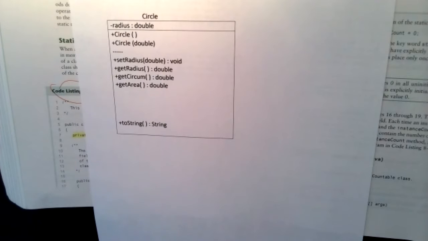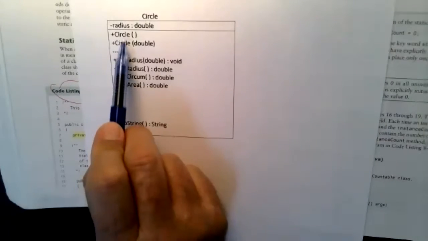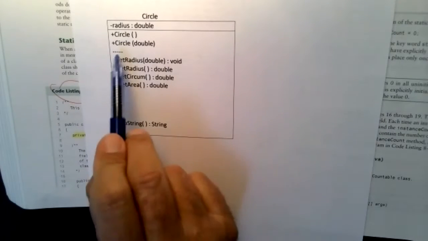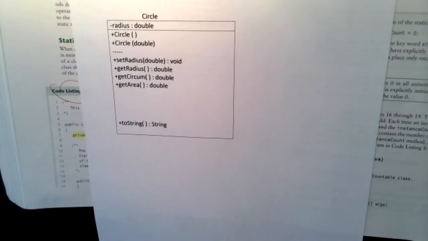But it's private, private. Good. What do the pluses represent? Public, public. What are these first two right here? They have the same name as the class. They are constructors. And when I have more than one, what's the O word that I use to reference